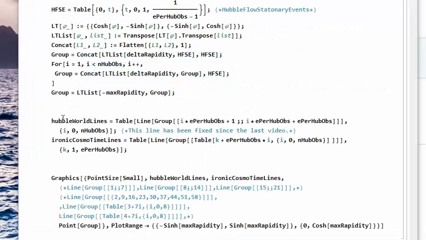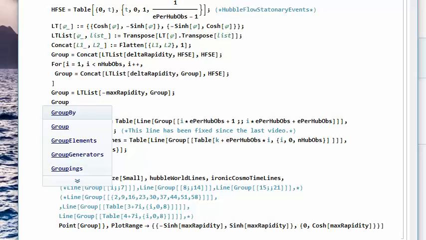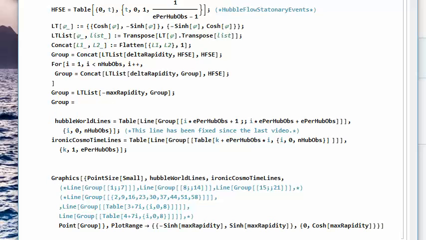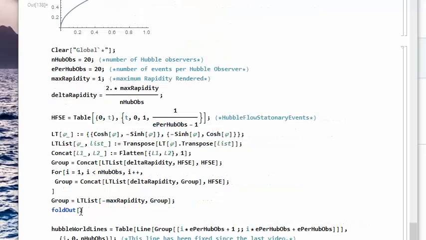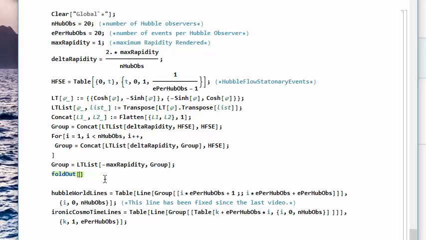And so my goal is to create, actually it's just to do a modification on group here. Group, because this is all my points in the demo. And what I want to do to the group, well, I have to think about this a little bit more, because I want to do something kind of like what I did to the LT list. I want to do this nonlinear transformation on every point in the distribution. And just for now, for lack of a better name, I'm going to call this function FoldOut,